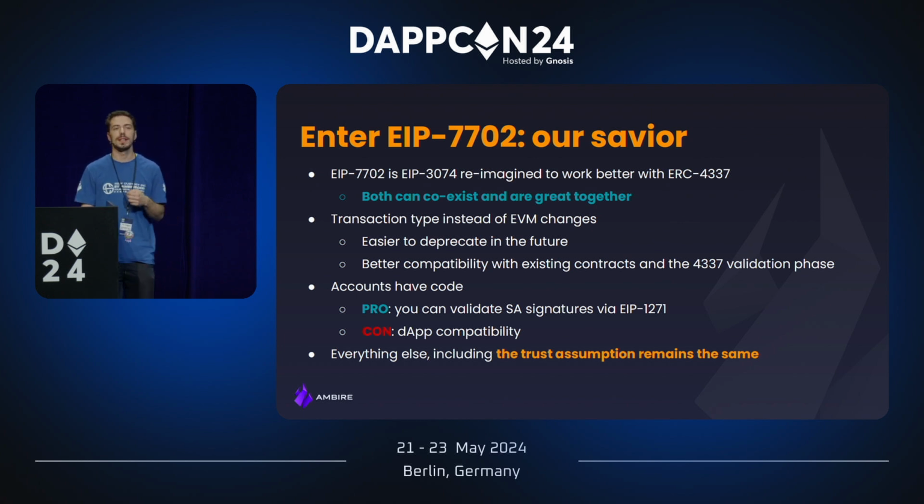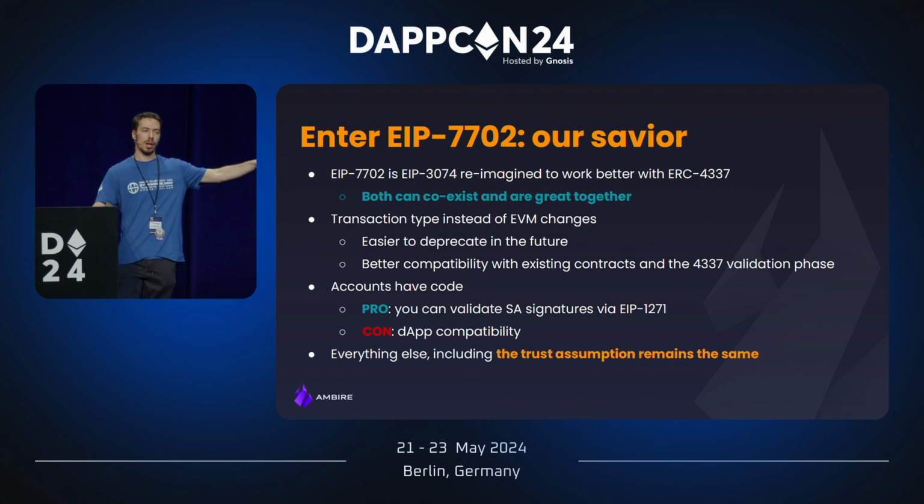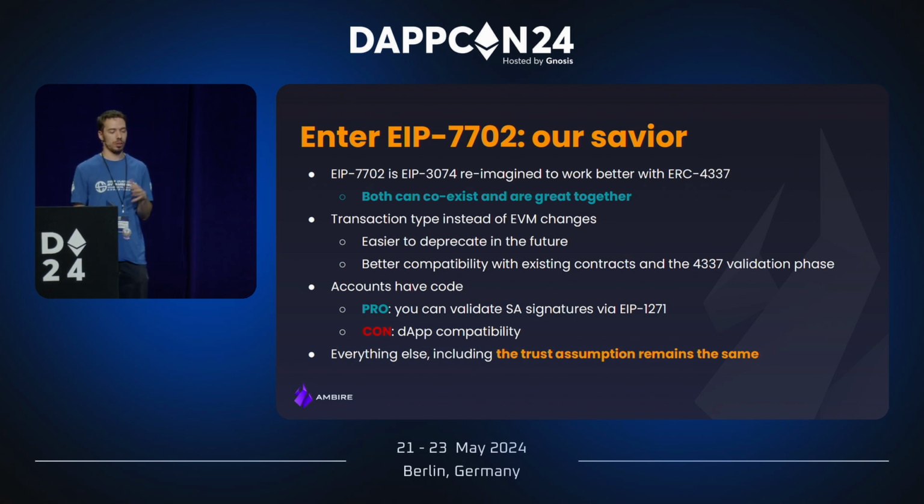which is that you can validate signatures through 1271 during execution. Why is this significant? Because, for example, I can have my EOA and add a passkey to it, and without this trait, I wouldn't be able to sign messages using the passkey and have those messages validated in the transaction execution. So yeah, for everything else, the trust assumptions between those two EIPs remain absolutely the same,